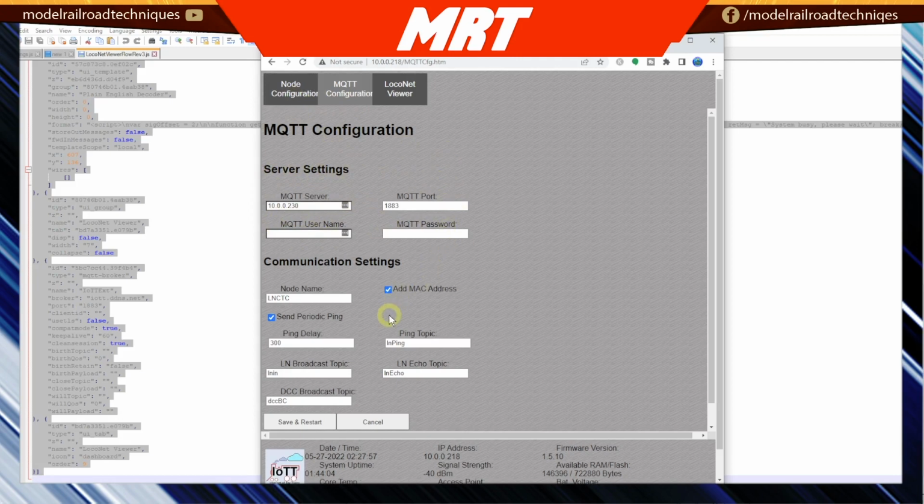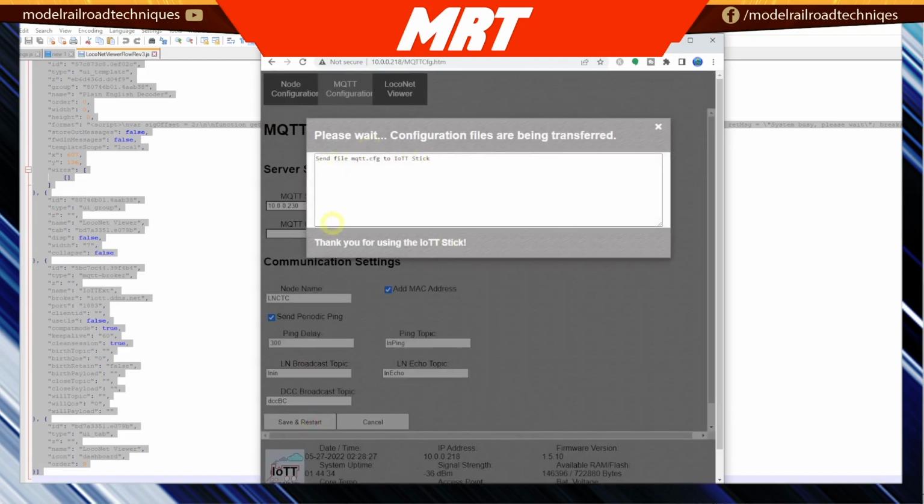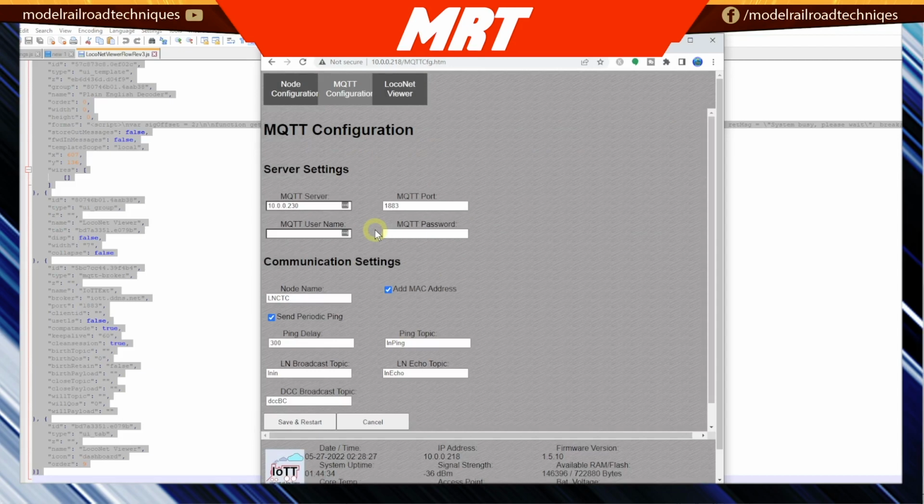Now the big one is obviously the LocoNet broadcast topic. That's the MQTT topic that you're going to publish out on, and you're going to subscribe to at other ends to be able to pick up the LocoNet data. So I just kept it nice and simple and used the one similar to Hans, LN in, all lowercase. Make sure whatever you put here, you put across in your MQTT in node on Node Red, which we'll get to in a sec. Just save and restart, and it'll reset the IOTT stick, and it'll log back onto your